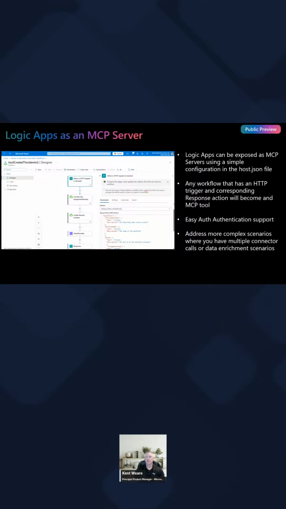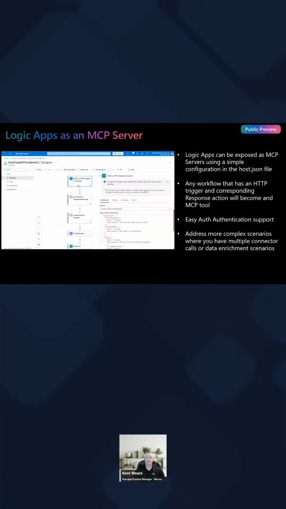So from a Logic Apps perspective, we can take existing Logic Apps and also enable them as MCP servers. We don't have to go through those wizards. I think those wizards are great for getting started. I think they're also great for simpler use cases where you just have a single connector action. And that wiring up and that parameter experience is still worth using from that perspective. Because as you saw, we created that Salesforce MCP server in a few minutes, and it created 4 workflows. So that's pretty cool.